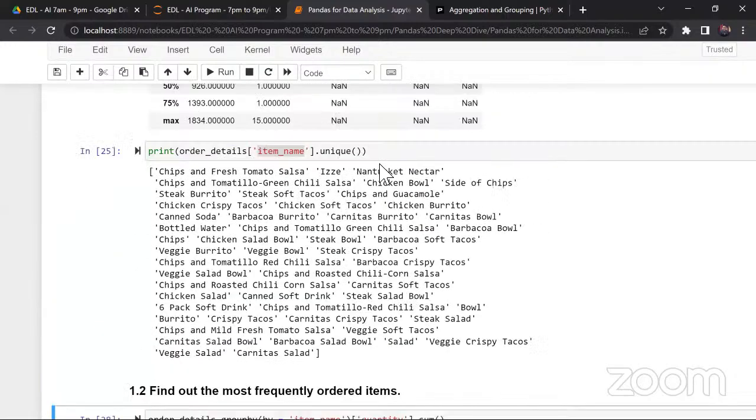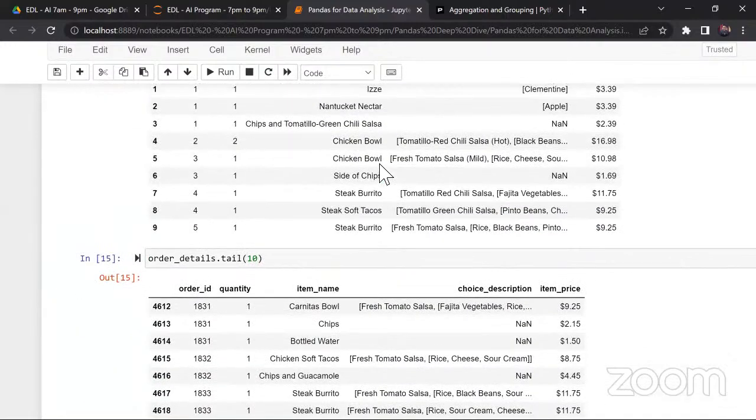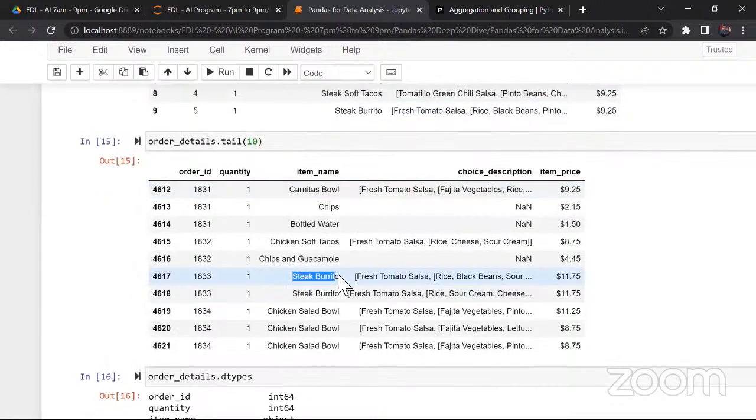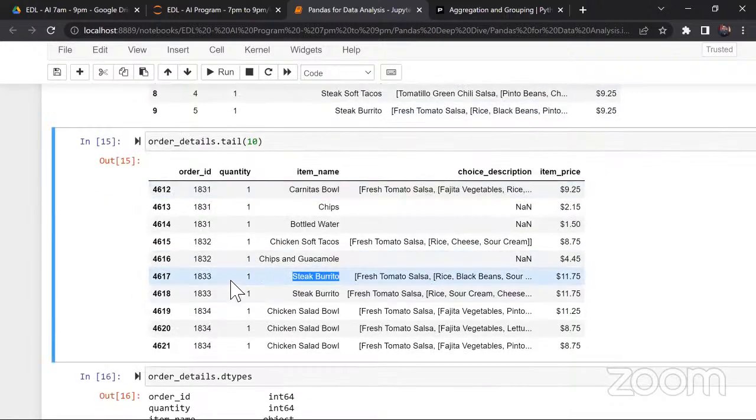So what had happened? Why have I used sum? Because if you look onto this data, let's say steak burrito has been grouped. Now I'm looking onto the quantity. So 1 plus 1, because I have to sum it up. The total frequency I have to find. So I just used this particular sum, 1 plus 1. In that way, I went forward. Chicken salad bowl: here I'm able to see chicken salad bowl